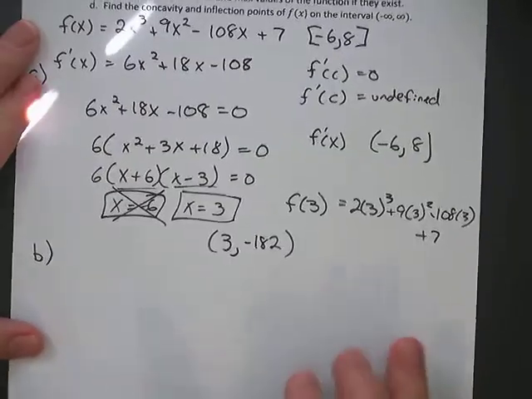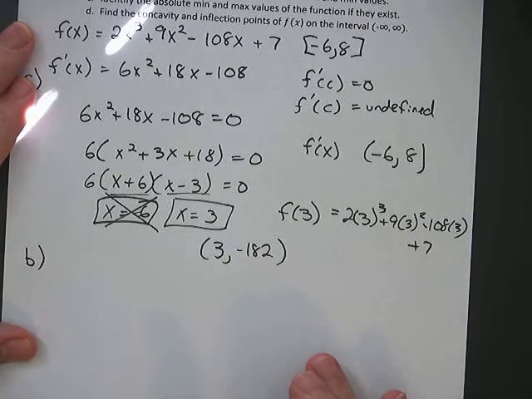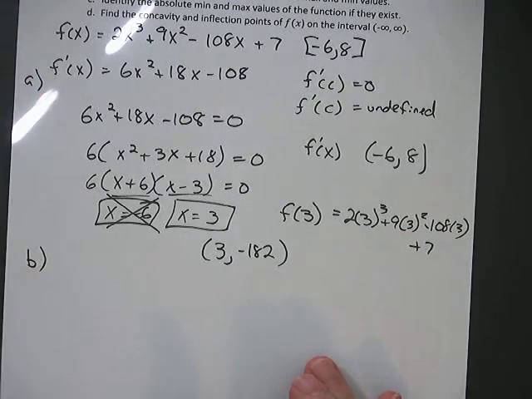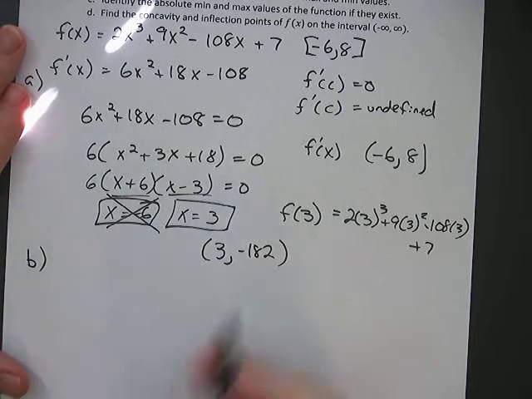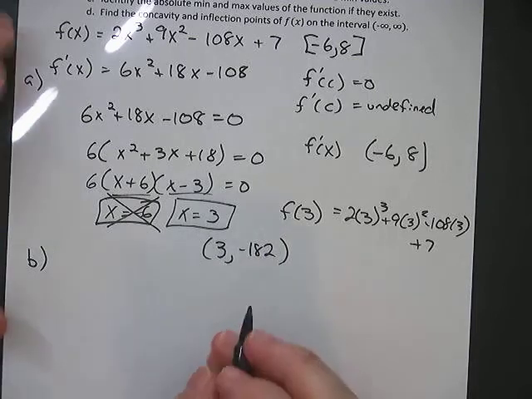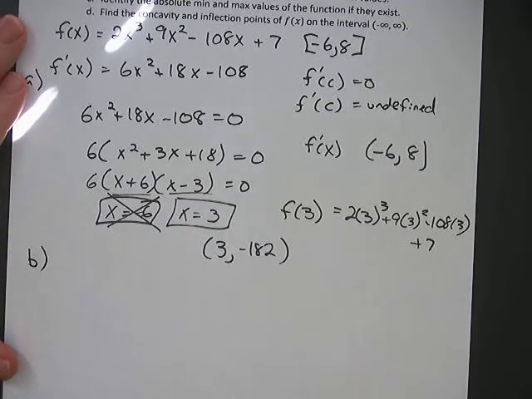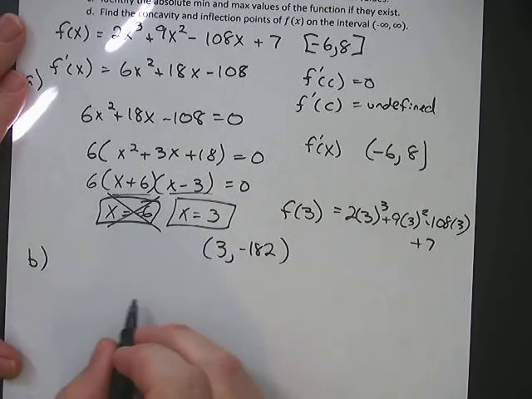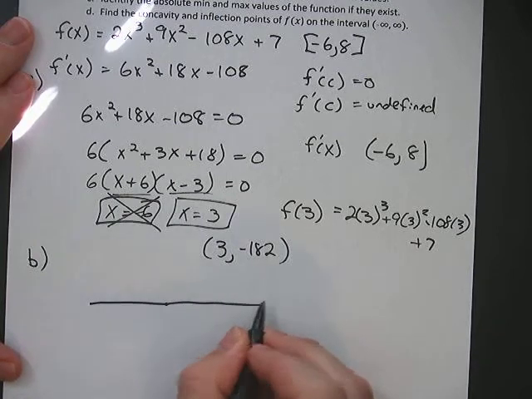Okay, for B it says use the first derivative test to locate the local max and min values. Okay, so we know that the local max and min values must exist on the interval. So we're testing whether or not this right here is a local minimum or a local maximum, because it's our only critical number. Okay, so what we need to do is set up a number line here,